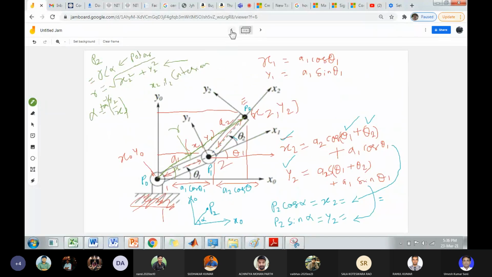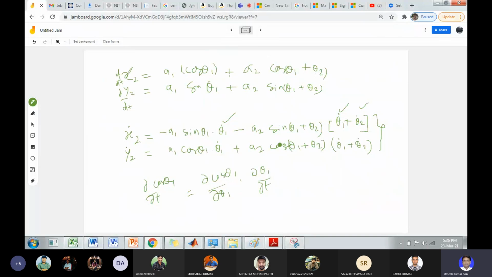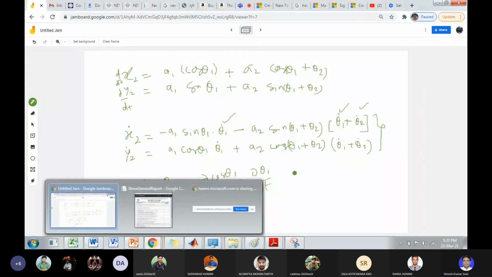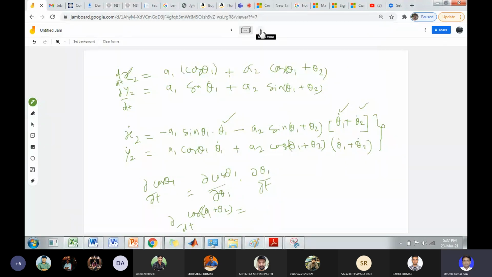No, sir. सर दूसरे वाले के लिए तो this is a थीटा, simple. दूसरे वाले को थीटा को सेपरेट करके डेरिवेटिव करना पड़ेगा। दूसरे वाले को देखो, once you take here d by dt cos of theta 1 plus theta 2. ओके, इसी की बात कर रहे हो ना? नहीं सर, मैं जो बोल रहा हूँ कि इस क्वेश्चन का जो सेकंड पार्ट है, तो जैसे ज्वाइंट वेलोसिटी को... सर क्वेश्चन एक बार दिखाइए। हाँ, थीटा 1 डॉट को अलग करके और थीटा 2 डॉट को अलग करके एक जैकोबियन मैट्रिक्स बनेगा।